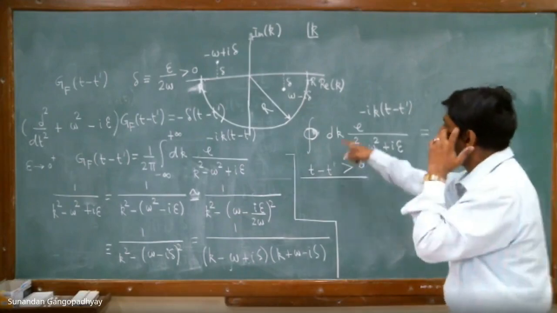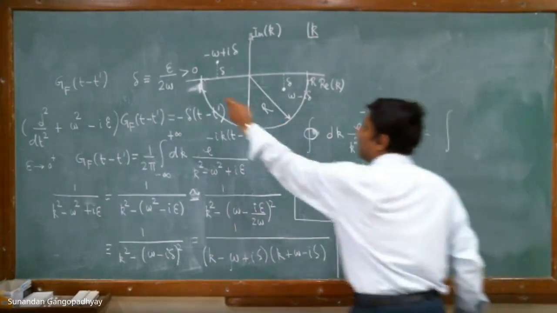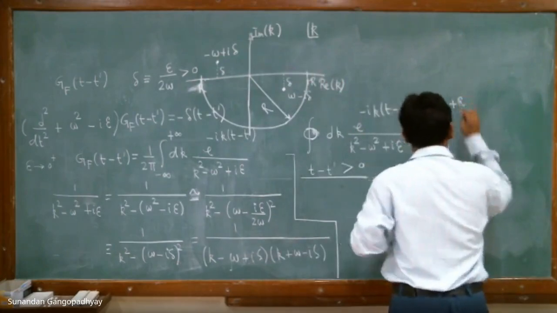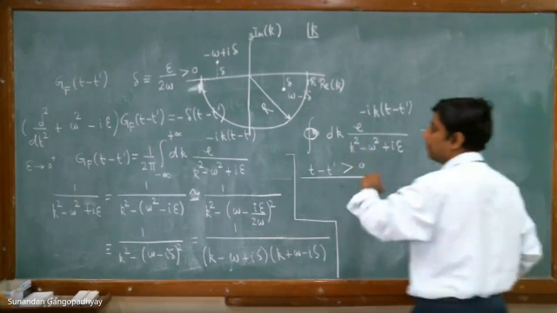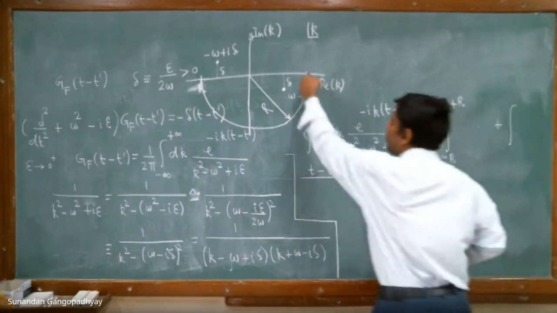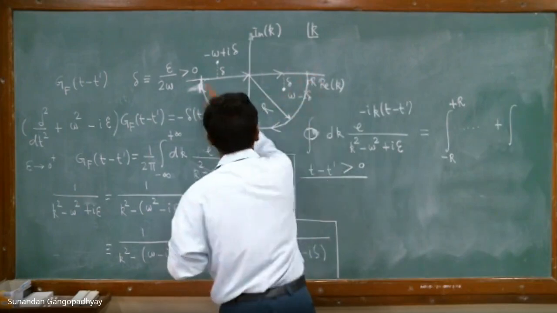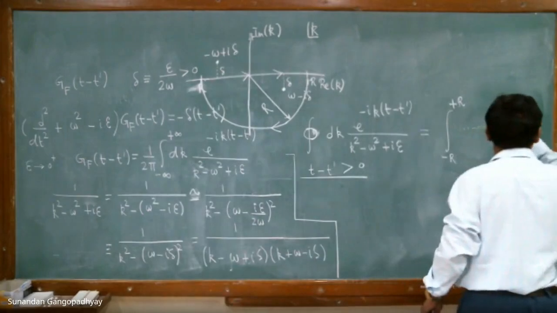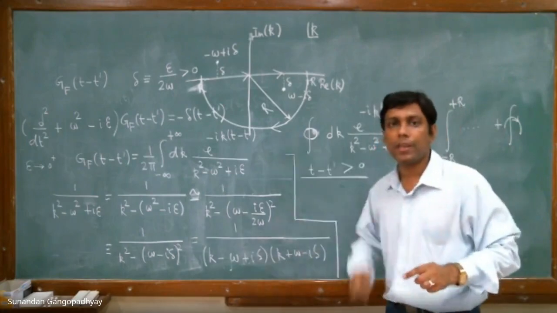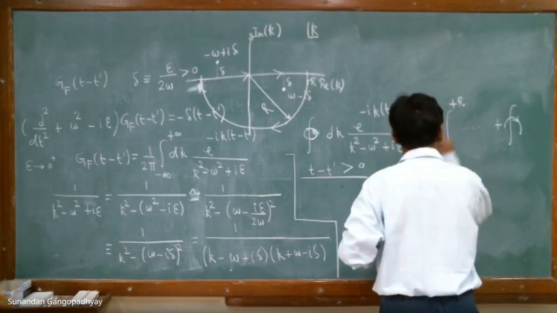So this contour integral is basically nothing but, I am just writing it pictorially. This is basically coming from minus r to plus r. This is one thing, minus r to plus r. And then you have the integrand here. The integrand is this. Plus integral, you are coming from here. This is the direction of integration. And then you come from here to here. So this is just an arc, a circular arc of radius r. And you have to take the limit at the end of the calculation here. You have to take the limit r tending to infinity.